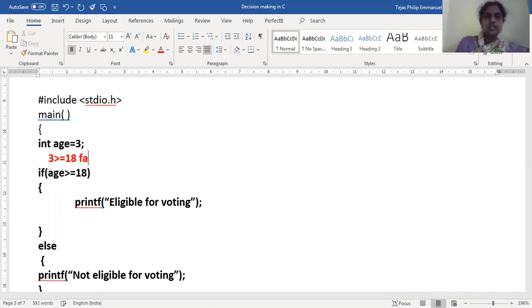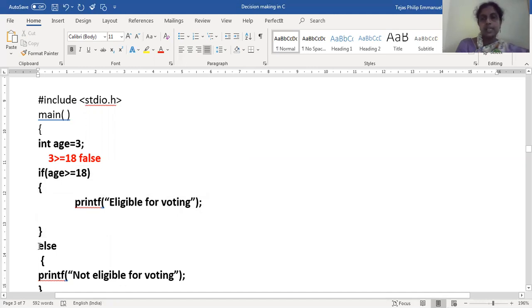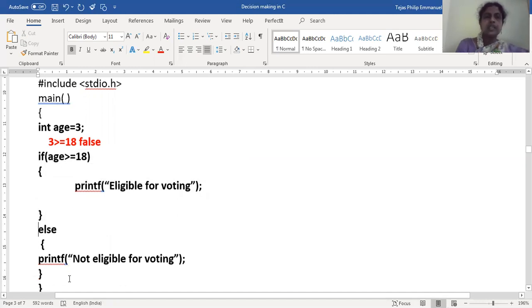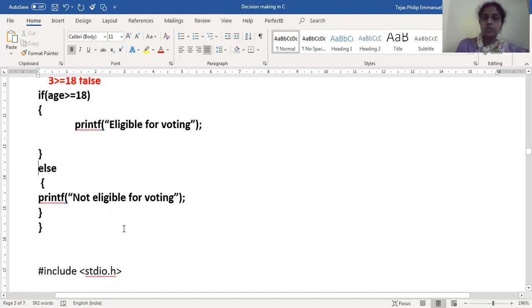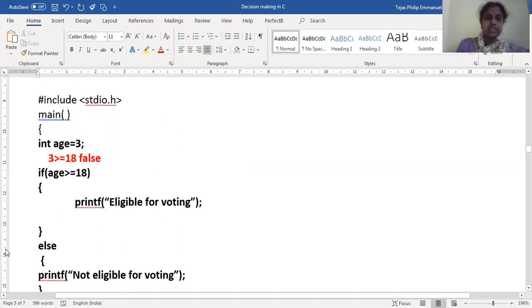Since the condition is false, this full block will be skipped and only the else part will execute. In the else part, it will print not eligible for voting. So when I execute this program, I will get the output not eligible for voting.